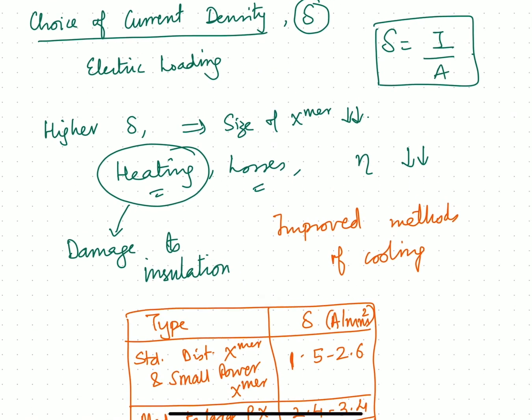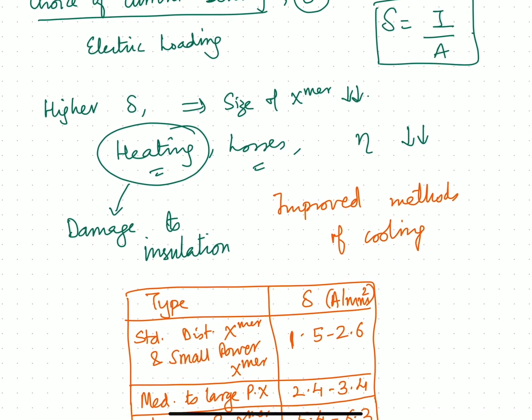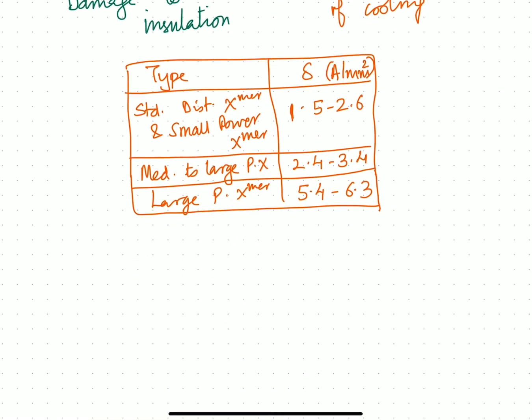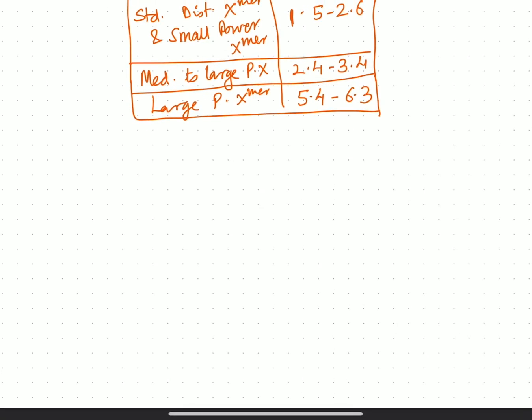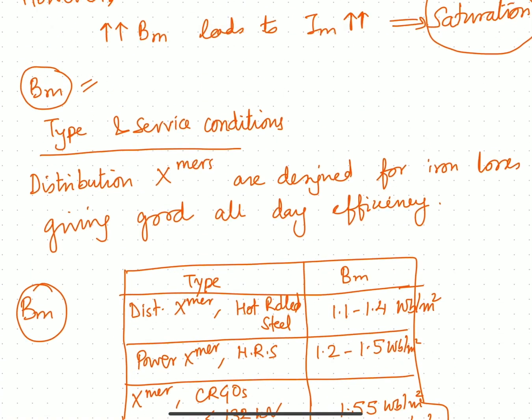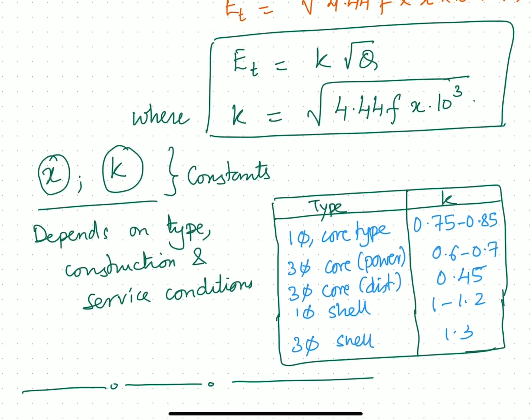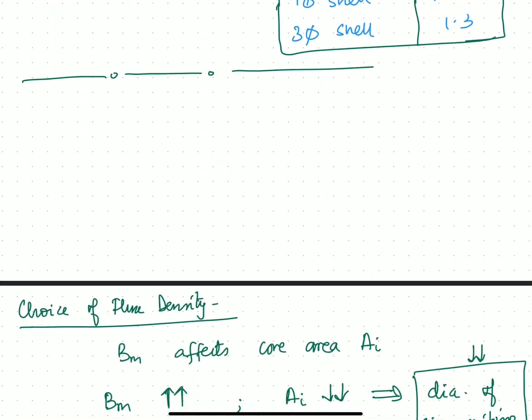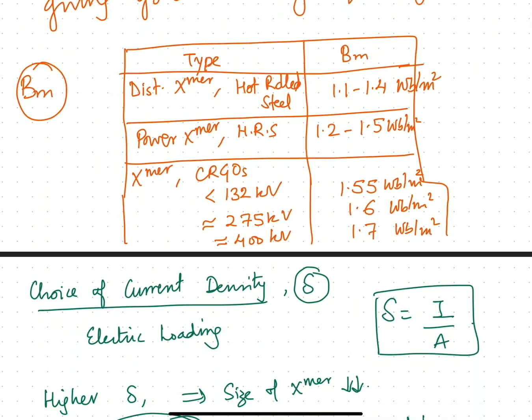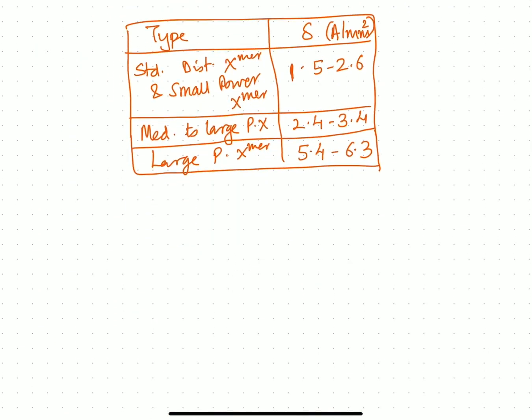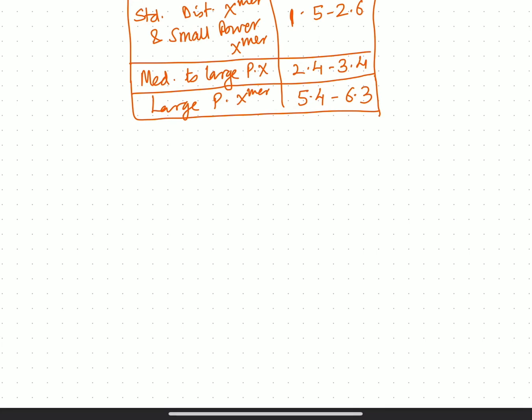So this was all about today's lecture. I will conclude now. In today's lecture, we talked about the output equation for three-phase core and shell type transformers. We then talked about choice of flux density, voltage per turn of the winding, and choice of current density. With this we conclude this lecture, and in the next lecture we will continue this discussion and talk about the design of the core and the winding and the overall design of